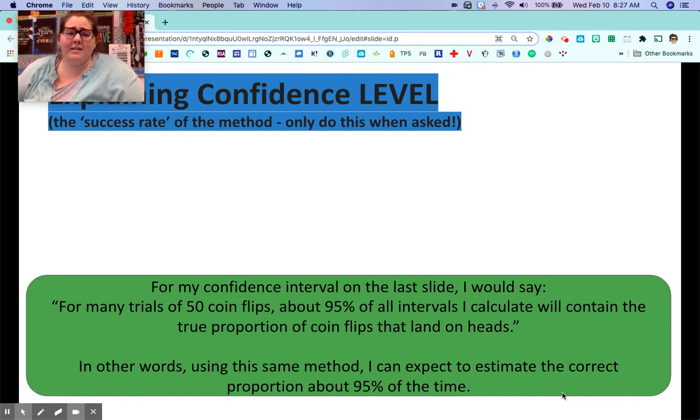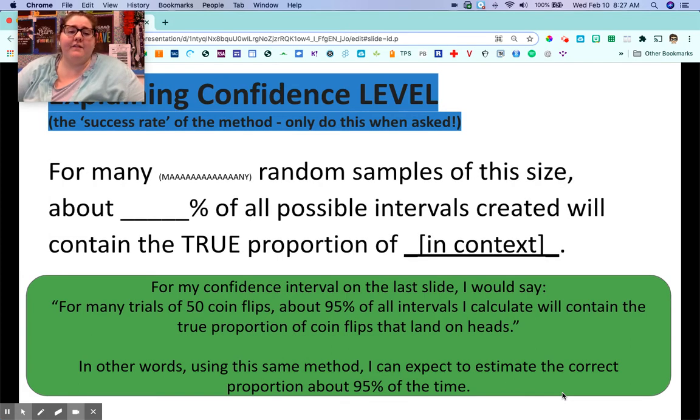What that confidence level refers to is if I were to take many random samples of this size from this population, doing it the same way that I did it the first time, about blank percent, whatever your confidence level is, of the intervals you create should contain the true